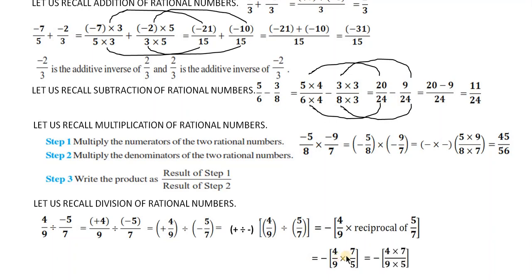So negative: 4, the numerator, is to be multiplied, and the denominators to be multiplied. You cannot cancel any of the terms here. 4 cannot cancel either 9 or 5. 7 cannot cancel either 9 or 5. Therefore it is to be multiplied and written: 4 7s are 28, 9